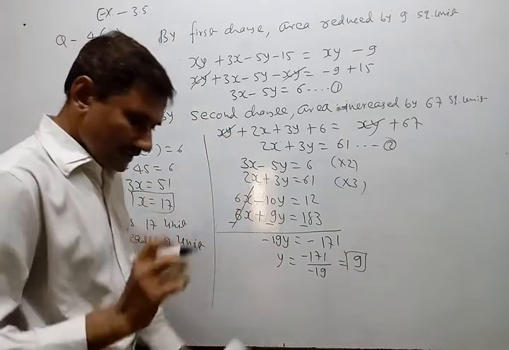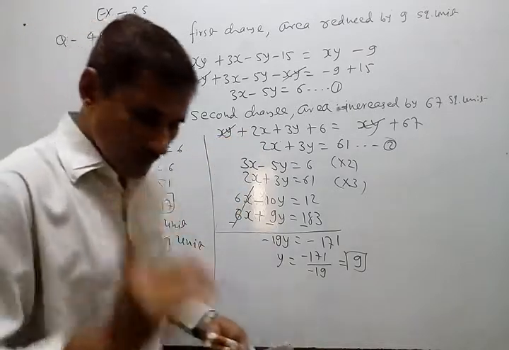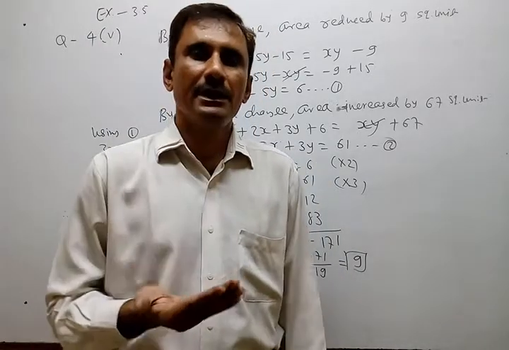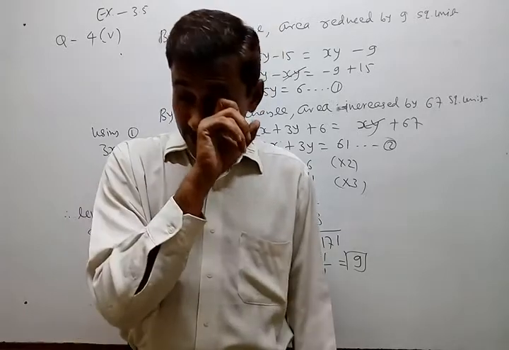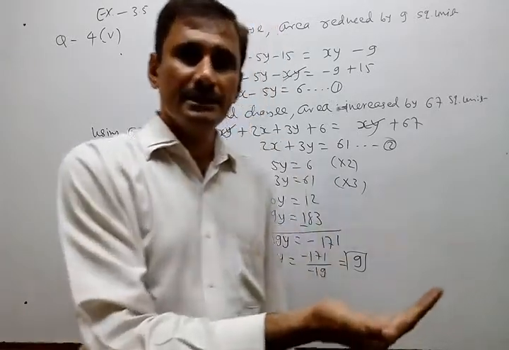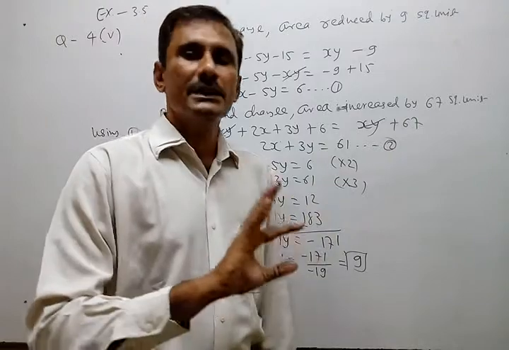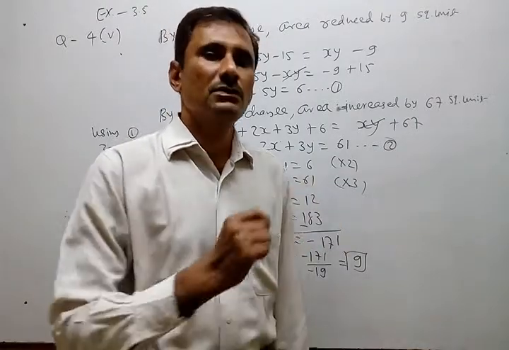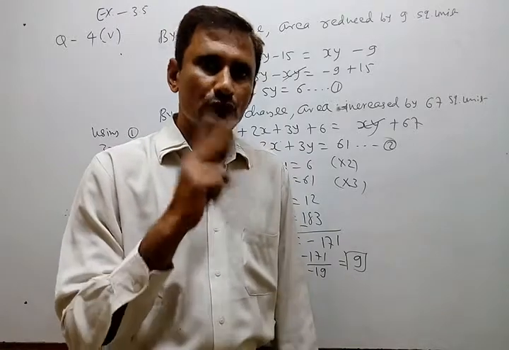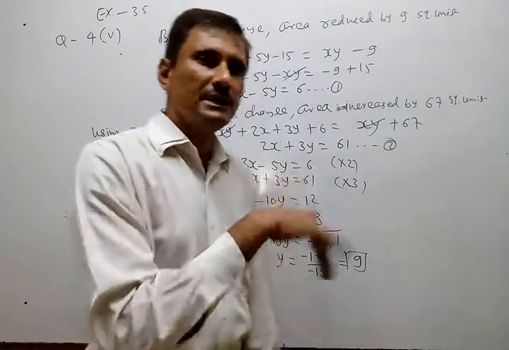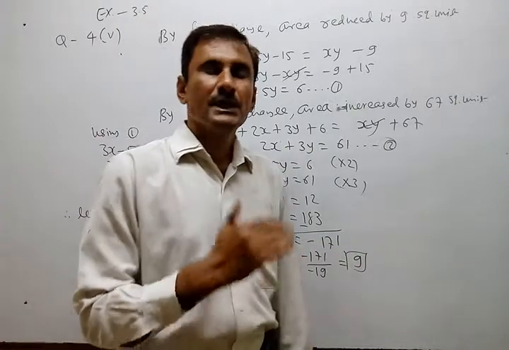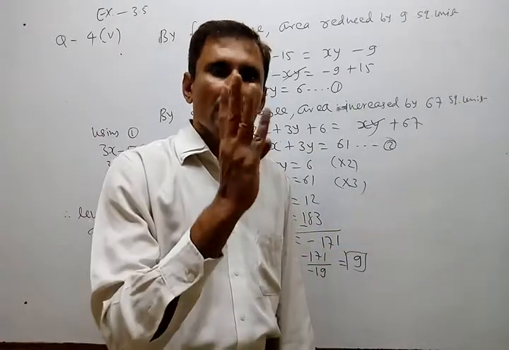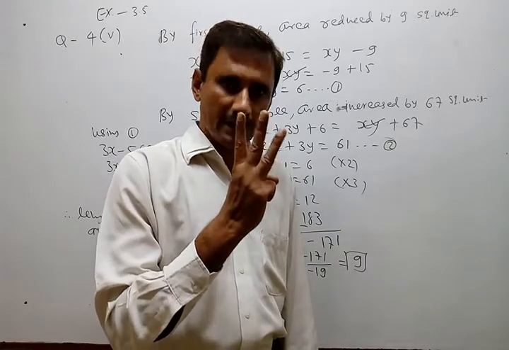Okay. So again I just repeat. First of all we have to suppose length and breadth of original rectangle. Then find area of that original rectangle. Then according to their sense either increase or decrease length and breadth according to statement and get expression of area for first sense. For second sense, again increase length and breadth according to statement and get expression of area for second sense. So three expressions are there for area.